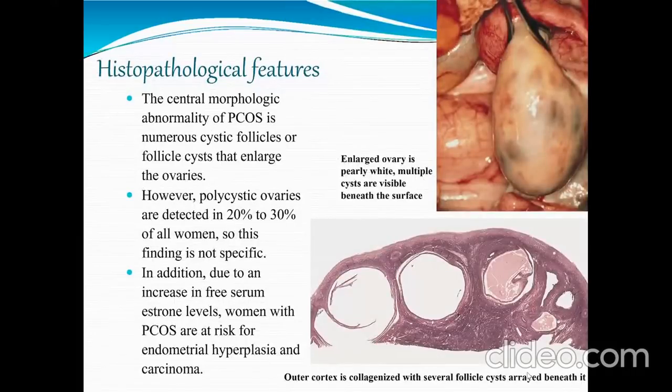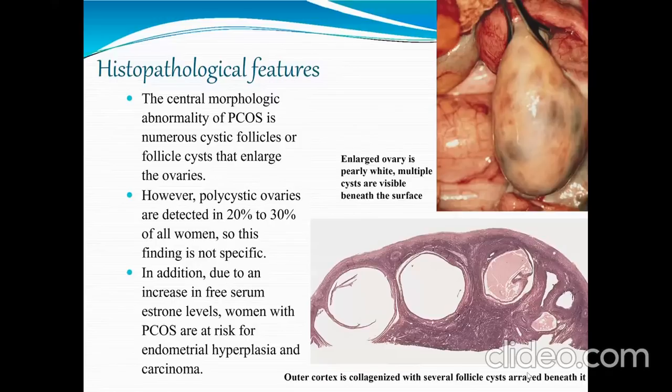We'll quickly take a look at the histopathological features. Also, the central morphologic abnormality of PCOS is numerous cystic follicles or follicle cysts that enlarge the ovaries. However, polycystic ovaries are detected in 20 to 30% of all women, so this finding is not specific. In addition, due to an increase in free serum estrone levels, women with PCOS are at risk of endometrial hyperplasia